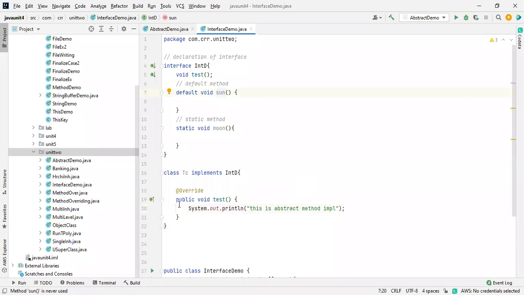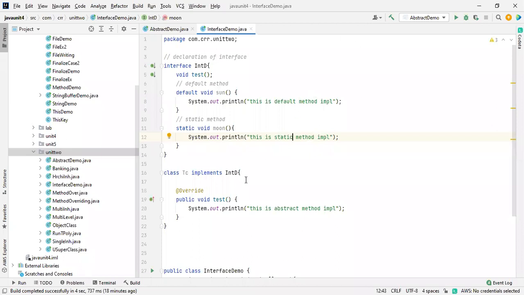Now I'm going to implement the common thing over here. Paste it. This is the default method. Default is a keyword. And now this is static. These three things you have to remember.